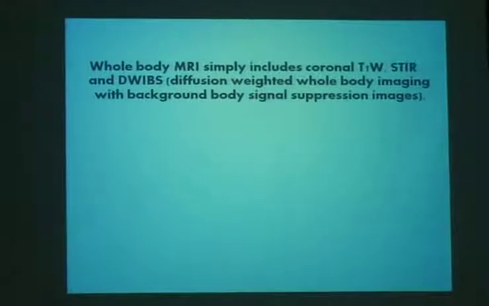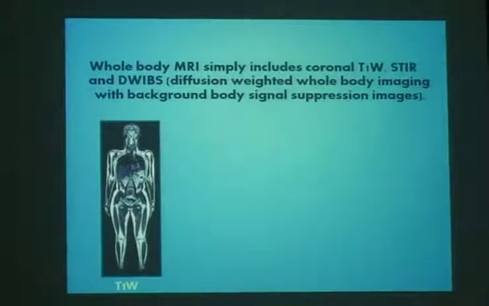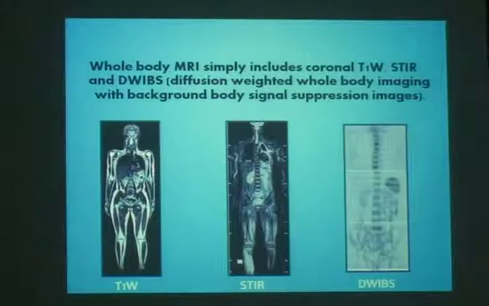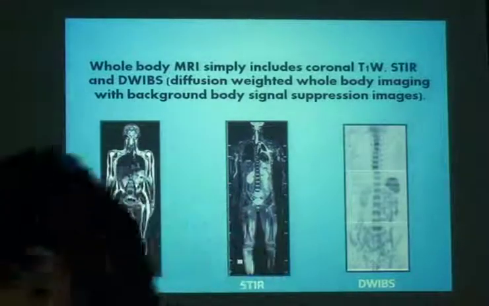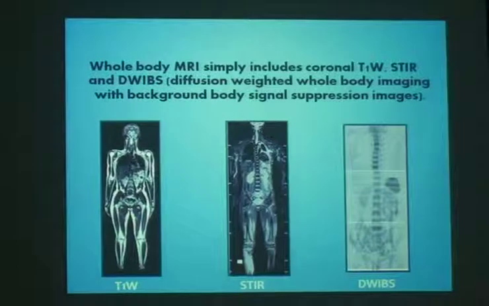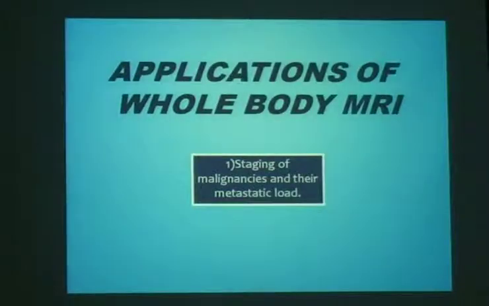Whole body MRI simply includes coronal T1 weighted images, STIR, and DWI. Now, this is the established protocol, but some modifications could be applied according to the need, triaging the patients and selecting a definite protocol for each patient. Now, the applications of whole body MRI, by far the most important, is staging of malignancies and their metastatic load in a single examination that could be performed without any need for IV contrast to assess, as I've earlier mentioned,